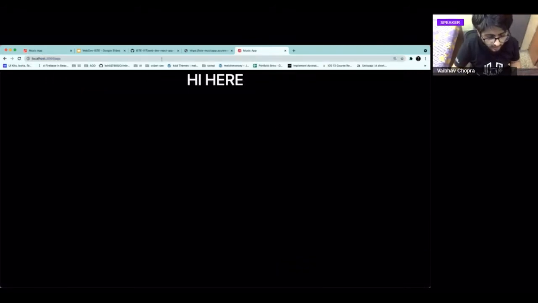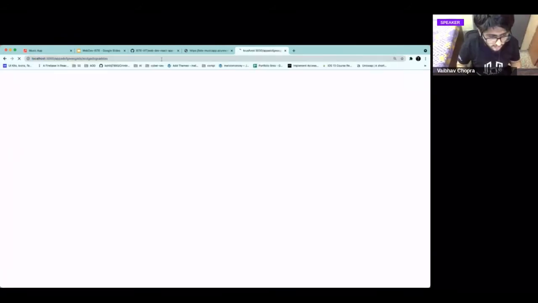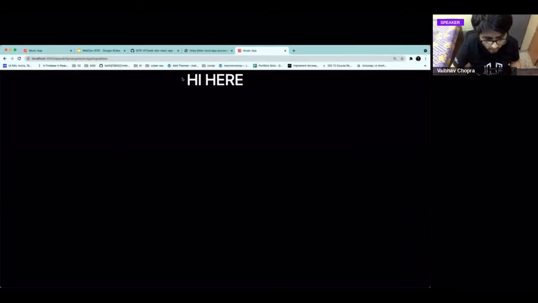No matter which route you go to right now, React will always take you to this default home page. But I want to actually have multiple pages on my React app. So how do I do that? For that, I need React Router DOM. I'll show you.